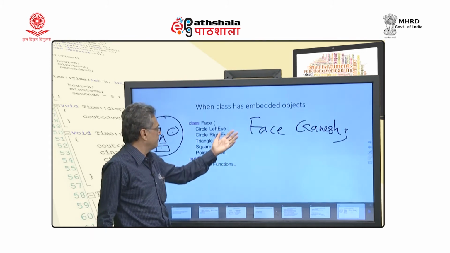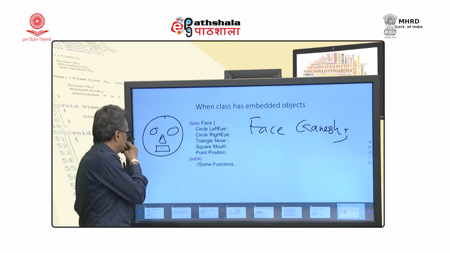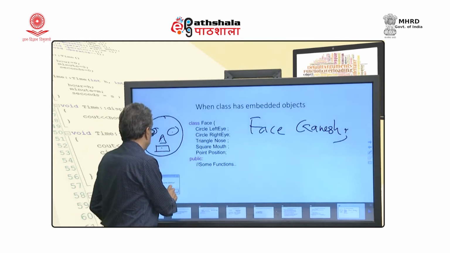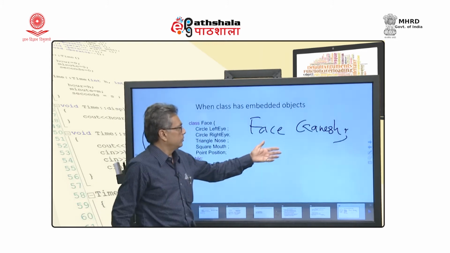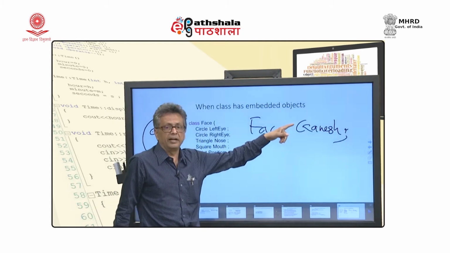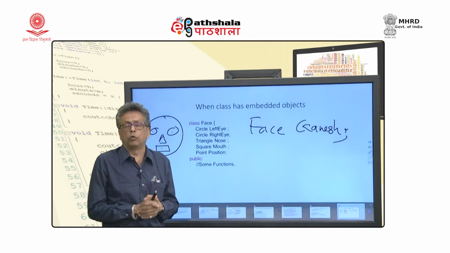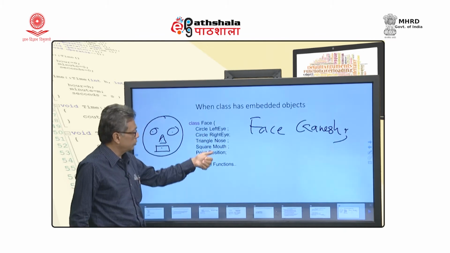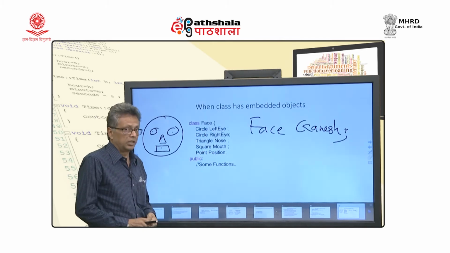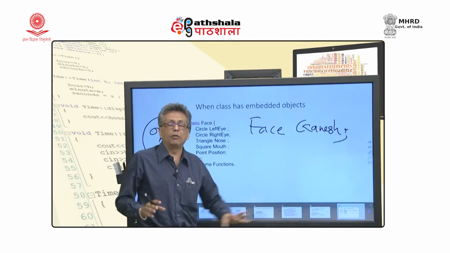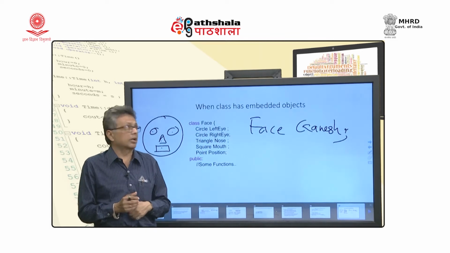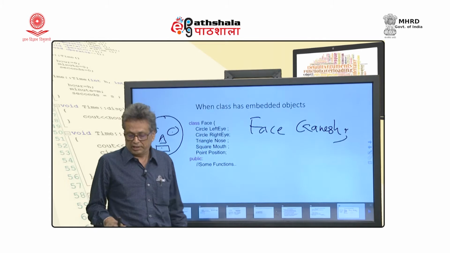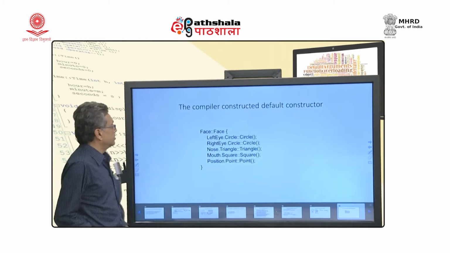I just want the default to be provided. But then Ganesh contains some objects where I do not want default construction, I want something else, I want the compiler to follow this. That is the reason why the compiler will have to generate an additional default constructor for face, where it just constructs all these elements, something like this.